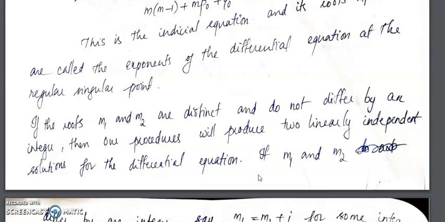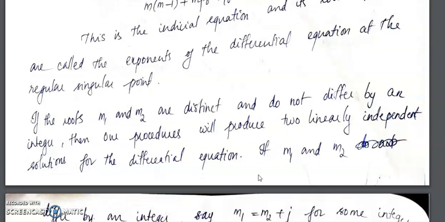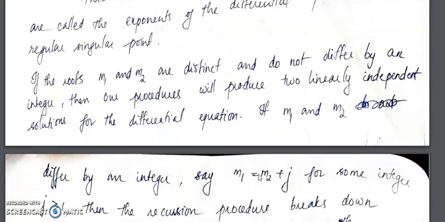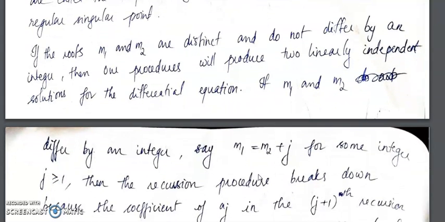we will get two linearly independent solutions. So when we do the Frobenius series solution, you may get one solution or two solutions. If m1 and m2 are distinct and do not differ by an integer, that is, if m1 minus m2 is not an integer, then in that case we will definitely have two linearly independent solutions. And again, if m1 and m2 differ by an integer, say m1 minus m2 is equal to some j,